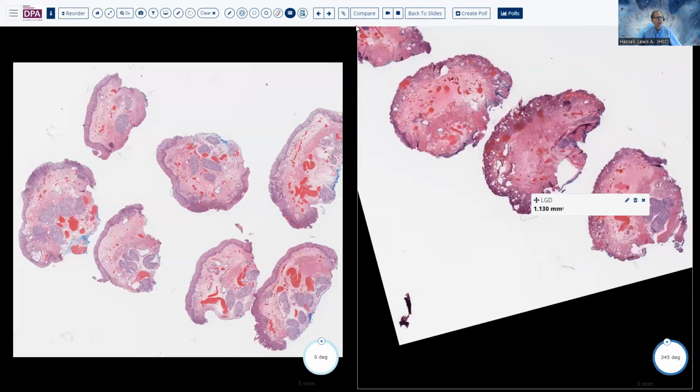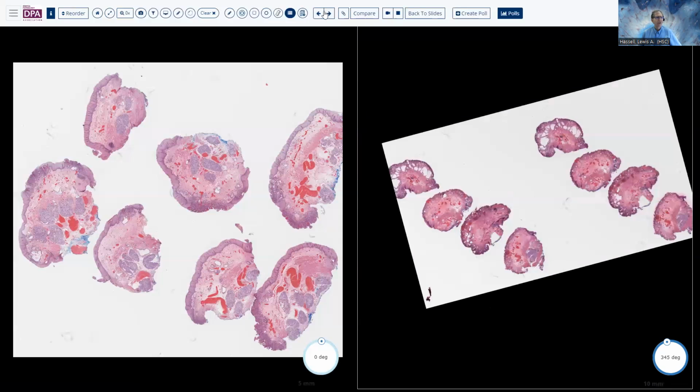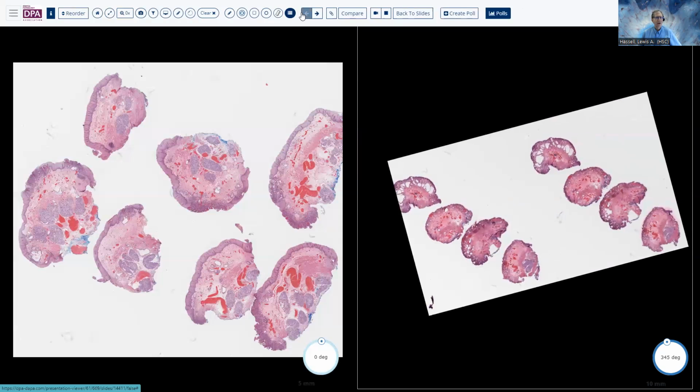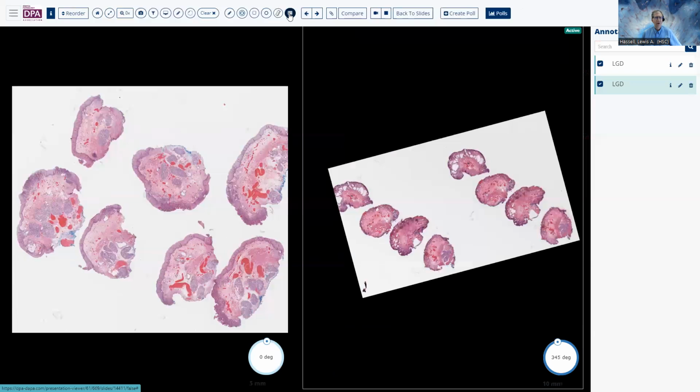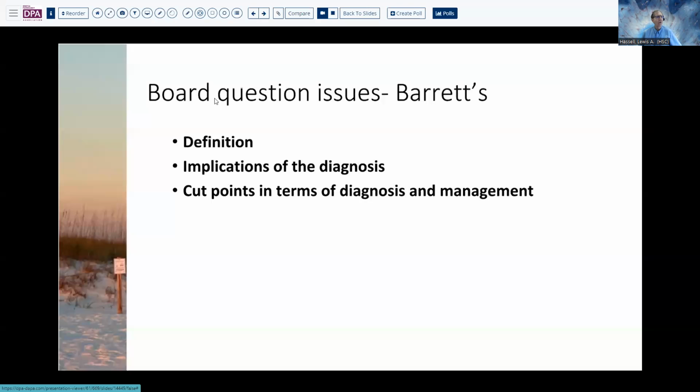So with that, we'll go on to, let's see, I don't think we had an MCQ for this case. Let's just see. Yeah, these were all signatures for low-grade dysplasia. Okay, so let's go on to the next case and just, oh, well, before we do that, just for board